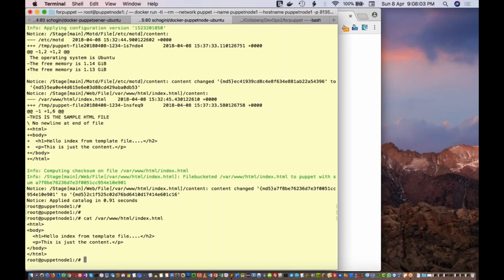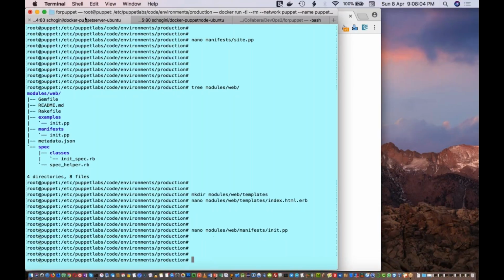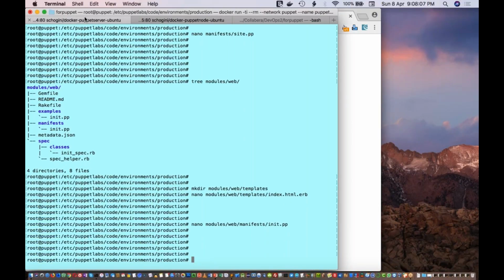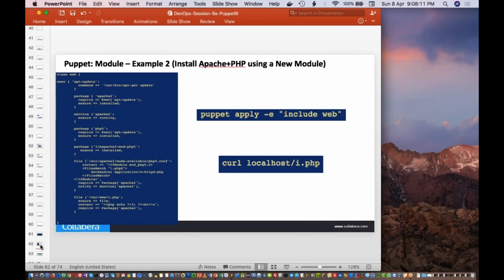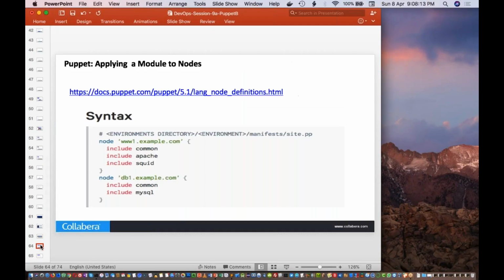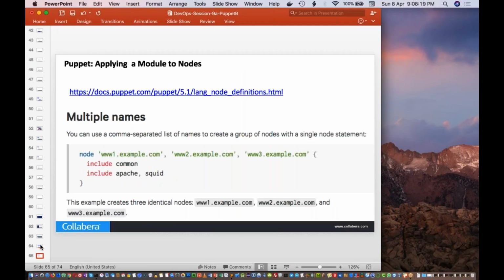Okay. Now I'm going to show you some more things. So let's proceed with the presentation. These things we saw. Then this node, this also we saw, like inside site.pp, how to change that. And one more thing, you will be able to use multiple names.